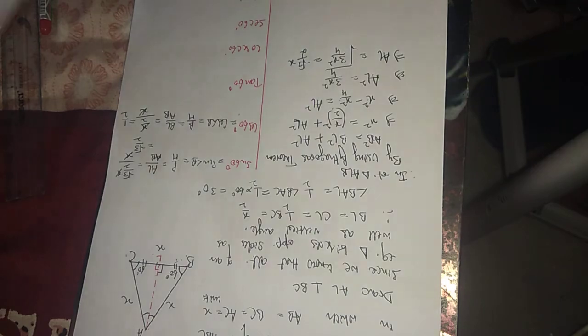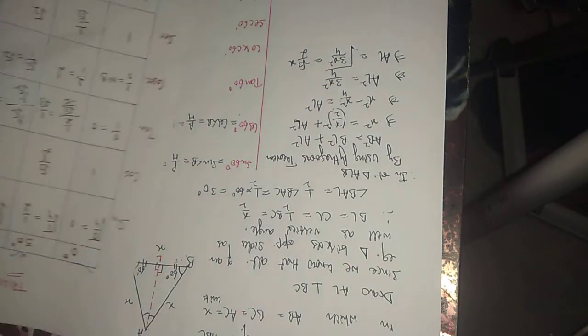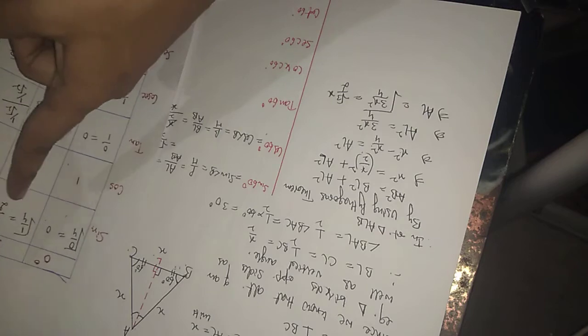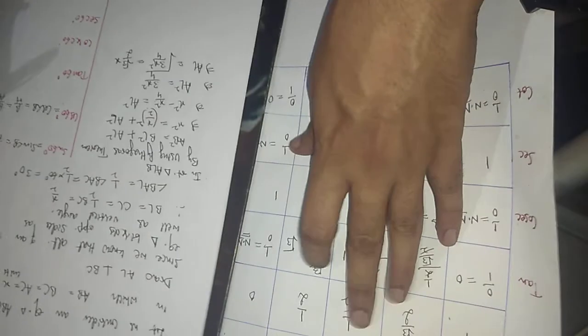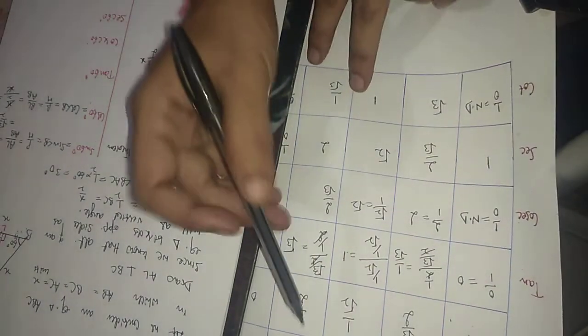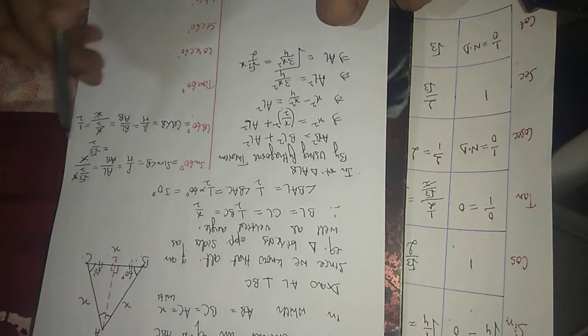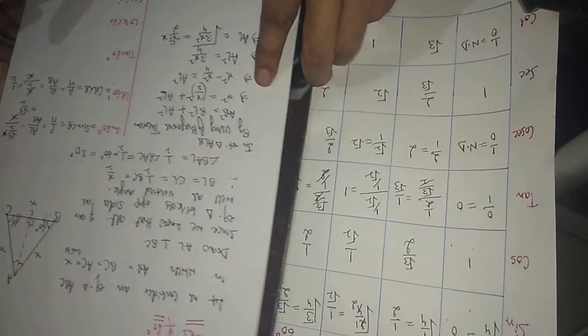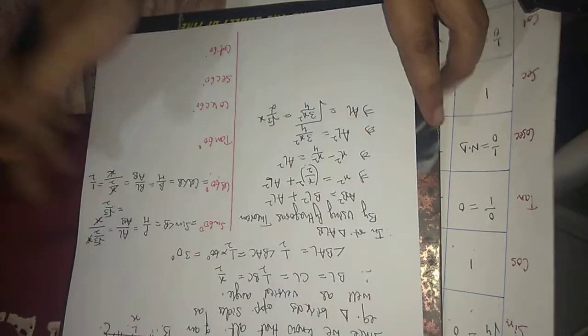So cos 60. Now let us have a look here. The ratios that we have obtained for the x are the same as the values in the table. Here we have sine 60. The value of sine 60 is root 3 by 2, and the value we obtained here for sine 60 is also root 3 by 2. Cos 60 is 1 by 2, and the value we have in the table for cos 60 is also 1 upon 2. Now let's go for tan 60.